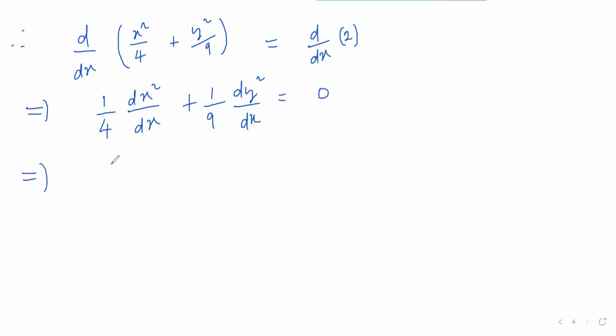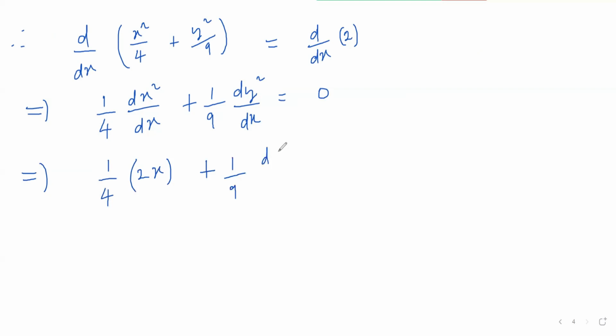So therefore you go ahead. Now the derivative of x squared with respect to x is 2x. So now we are left with 2 over 4 multiplied by dx/dx. That's what we're left with. So we have 2x. So let's write it down. We have 1 over 4 multiplied by 2x plus 1 over 9